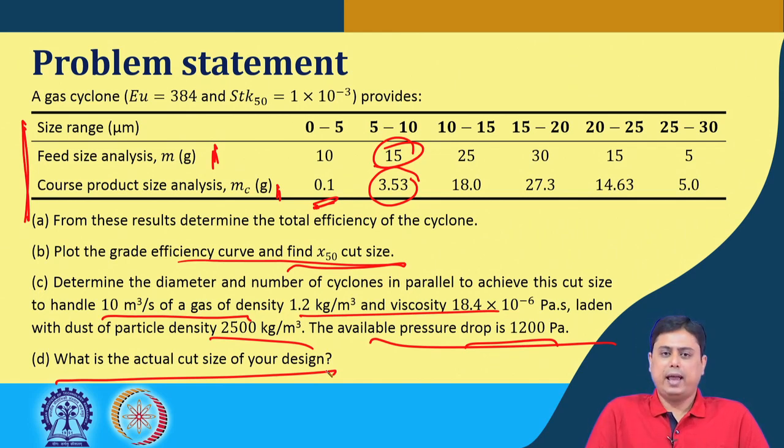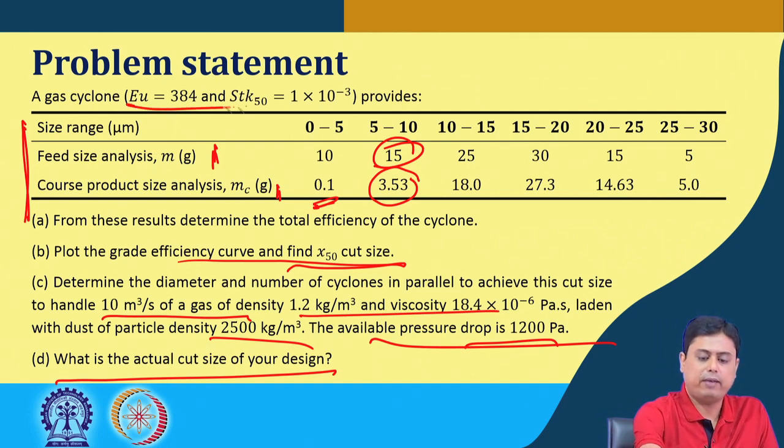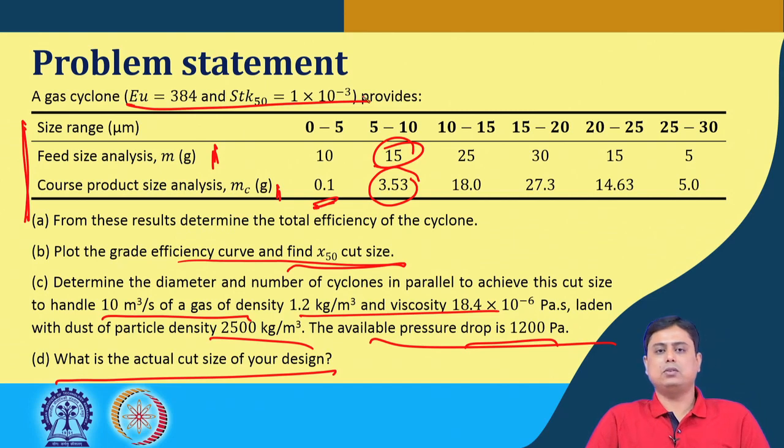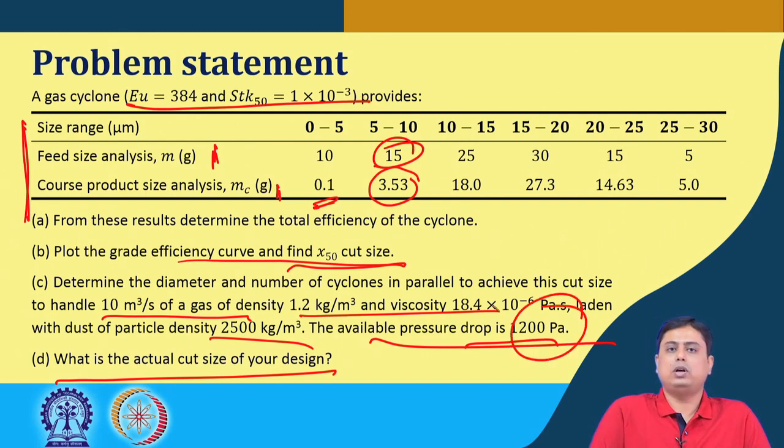and since the value has now increased, we have to recalculate the diameter and the cut size, because this would be the new or the realistic values, and that gives us the result that we need at least 2 cyclone separators of this family, which means the family has Euler number 384 and Stokes number of 1 into 10 to the power minus 3 with a pressure drop of 1200 Pascal